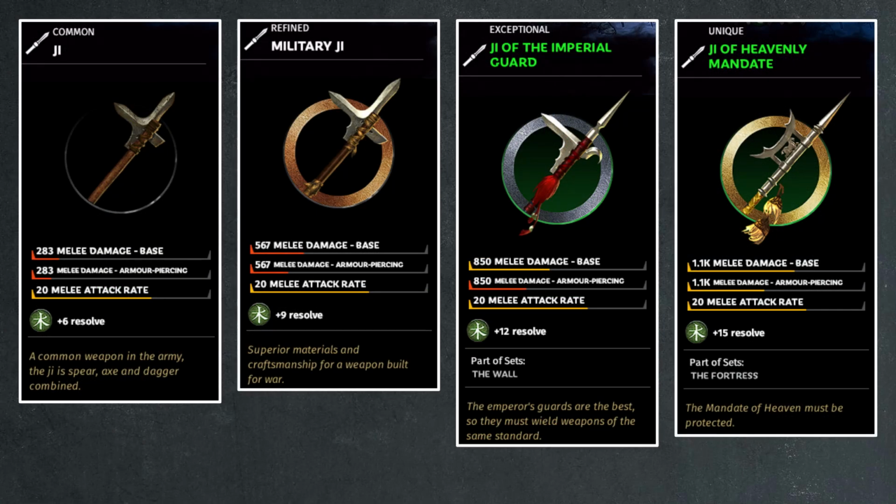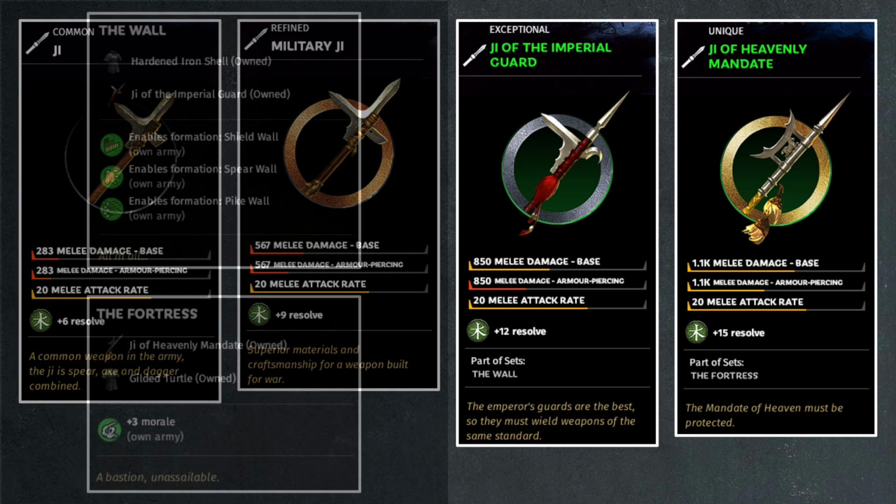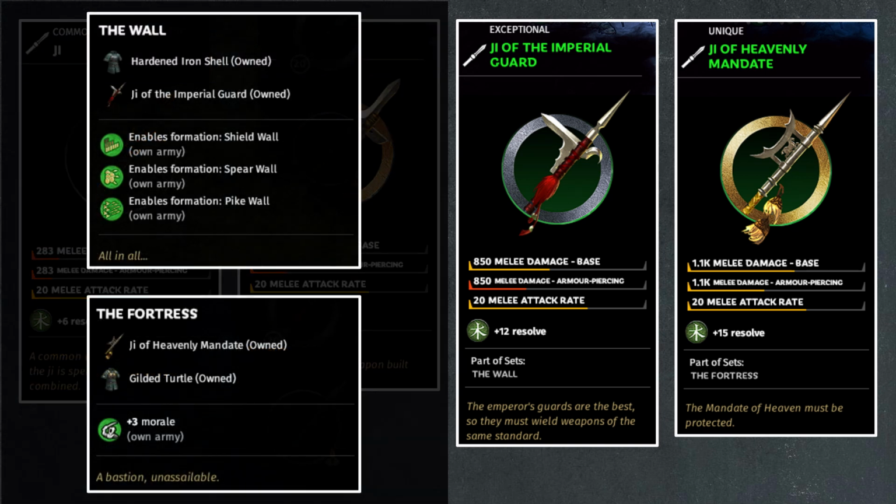Then with all these Han one-handed weapons covered, we can move on to two-handed weapons, starting off with the Ji, which is a super balanced weapon, which is not a great thing because you ideally want more armor piercing, but the Ji is still pretty good as it has equal base and armor piercing damage, and both are pretty plentiful. And in terms of stats, it will boost Resolve,